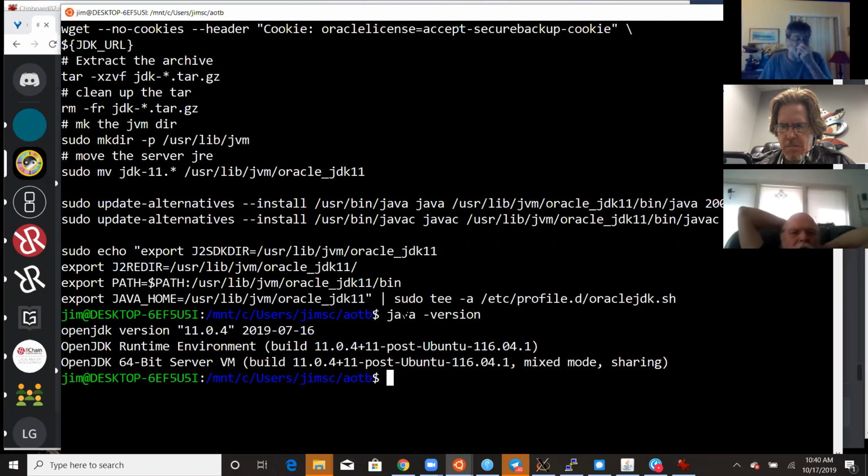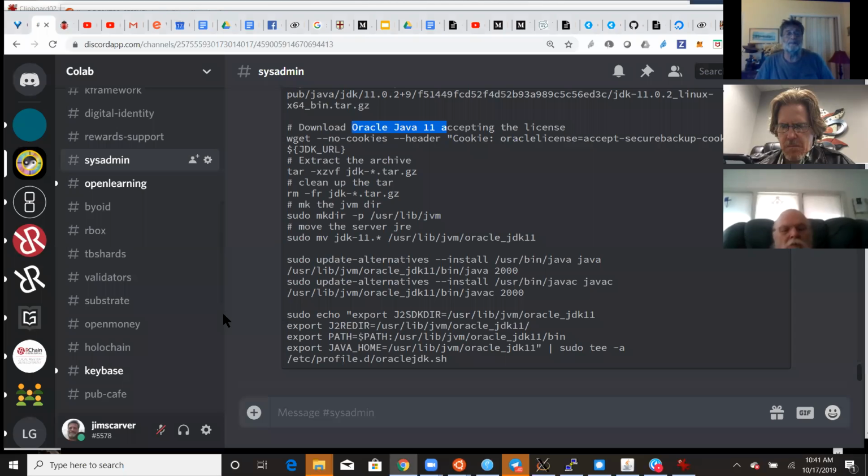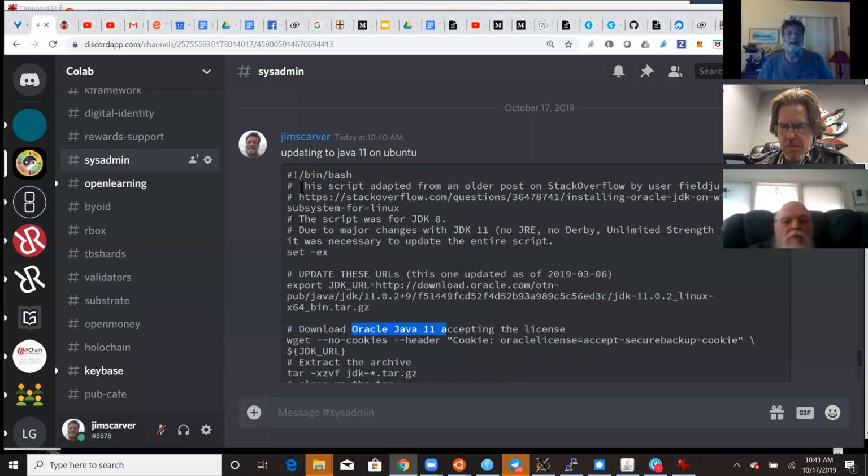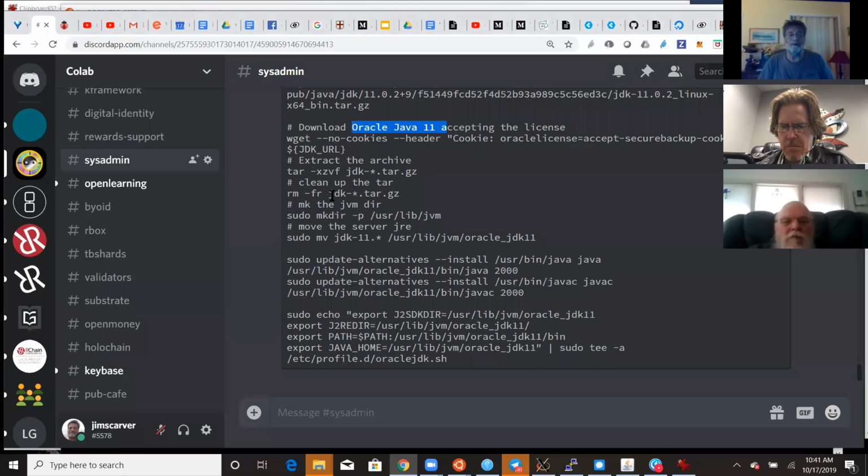And that's what is installed, openjdk. Weird. Is that a problem? I'm just a little bit confused as to whether this is actually the right procedure or not.